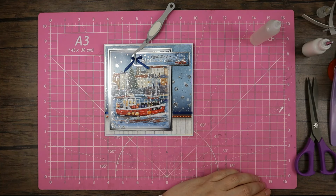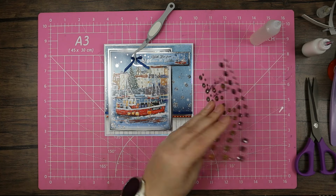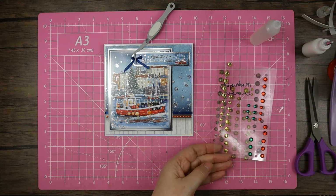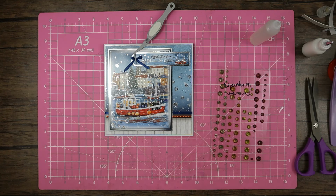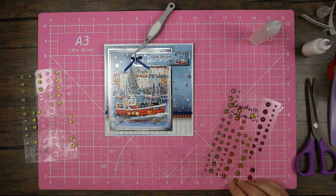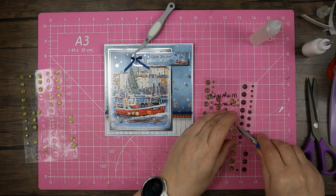So you kind of got the choice of using gold or blue here. So I could go with those midnight shimmers. I'm going to go with the gold, I think, because I've got so many of those. Those ones, don't like those ones, let's pop them back, not for this card. And there's these. I feel like they're too bright. Those set the nice tone, so let's go with